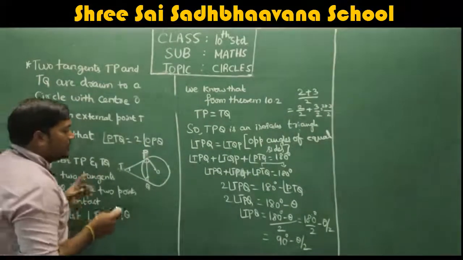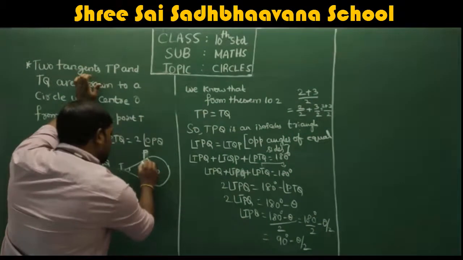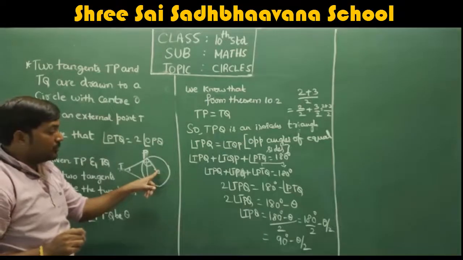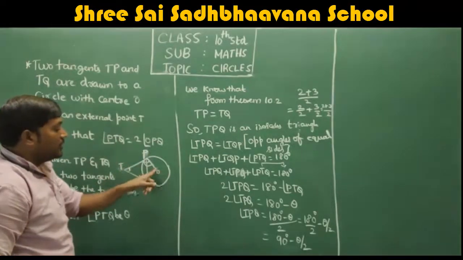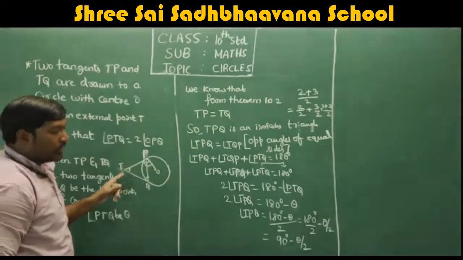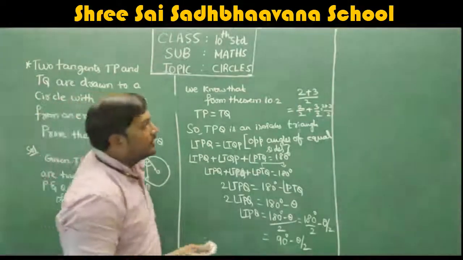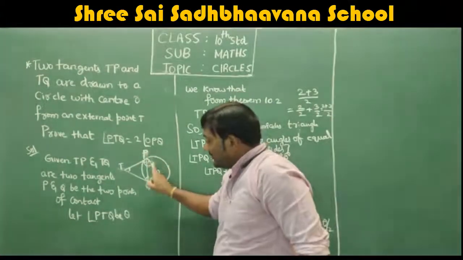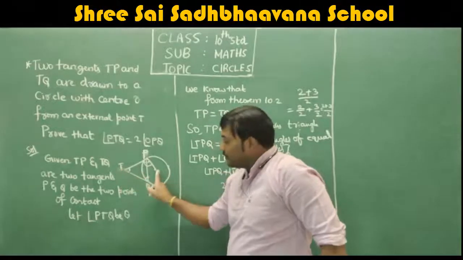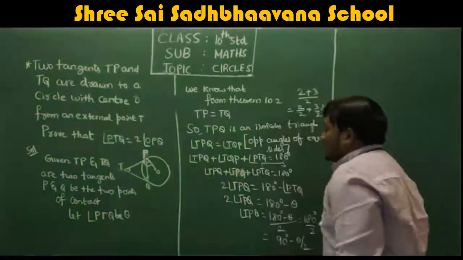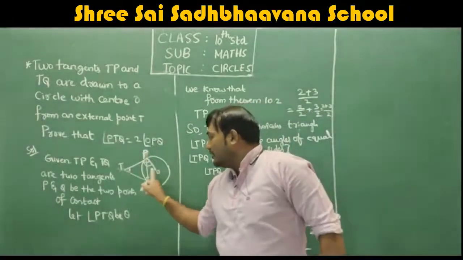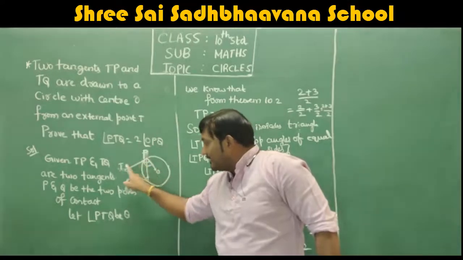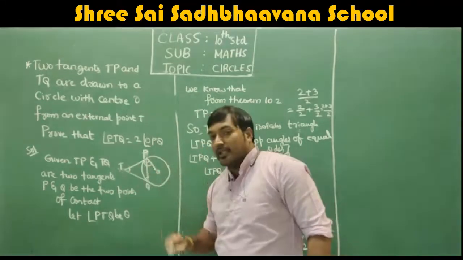PTQ or TPQ. See how it is. I'll just explain. This angle is there, correct? Carefully listen. Here you should know properly, otherwise you will not understand how you get this. OPT is the total angle. We need OPQ, this angle. So OPT is the total angle, and if I subtract TPQ, this angle, you will get this angle.